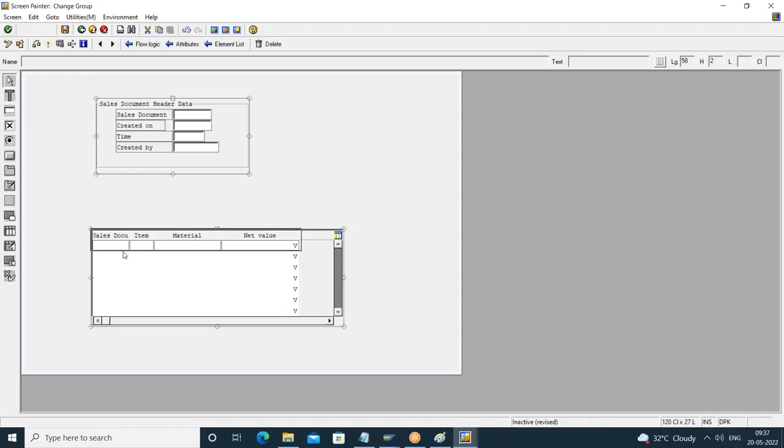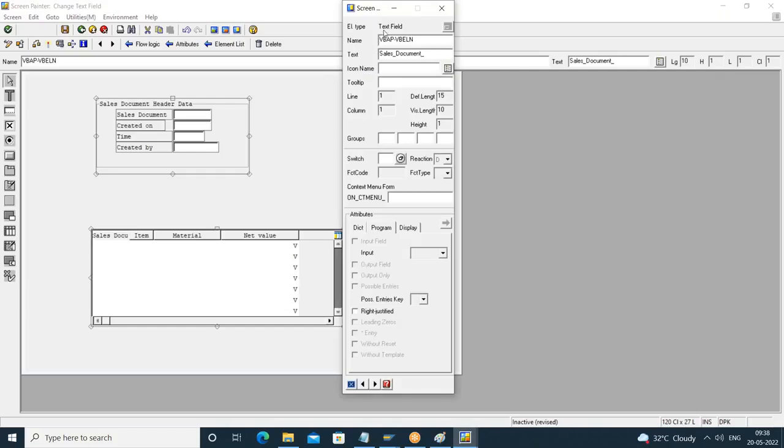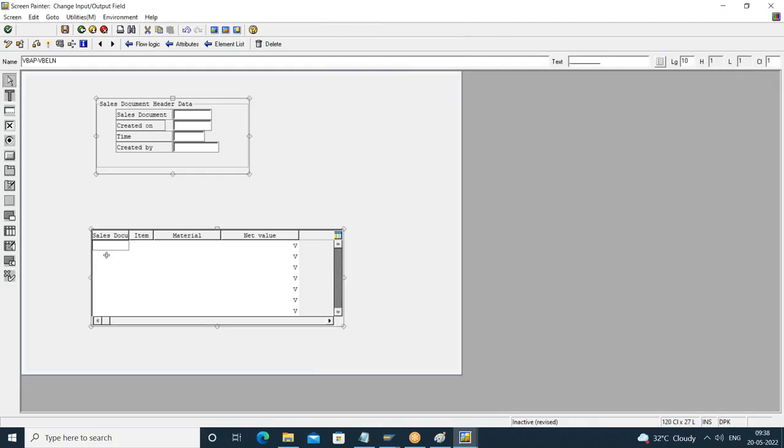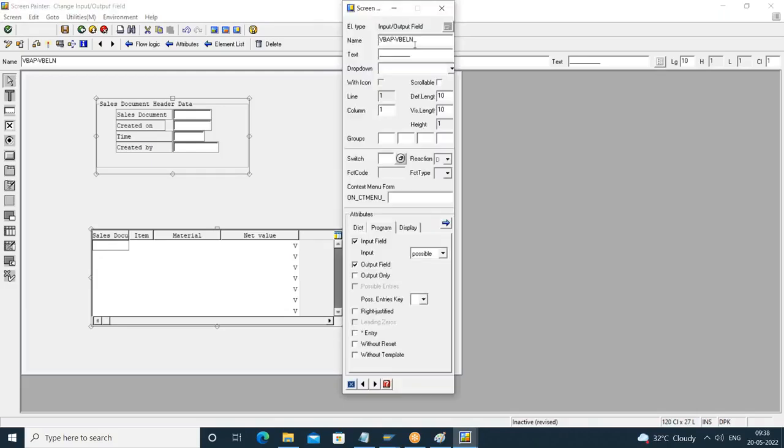I got the field. So if you see the name of this field, these headings are nothing but text fields. If I double click, what is that showing? A text field. Text field name can contain hyphen, doesn't matter. But if you see the cells here, if I double click on the cell, what is the name proposed? VBAP hyphen VBELN, input output field. So I'll change this to